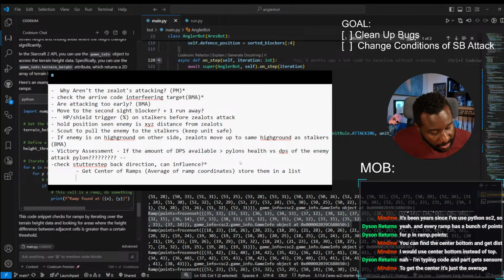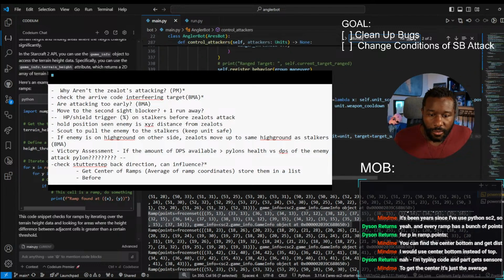And then the second thing we're going to want to do is, before our stutter step, we're going to go if units in range. So if there's an enemy, for unit in ranged, do XYZ. So if there's an enemy in range, and then we'll check. So before attacking the enemy,